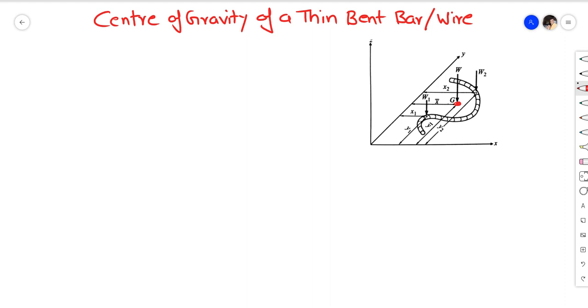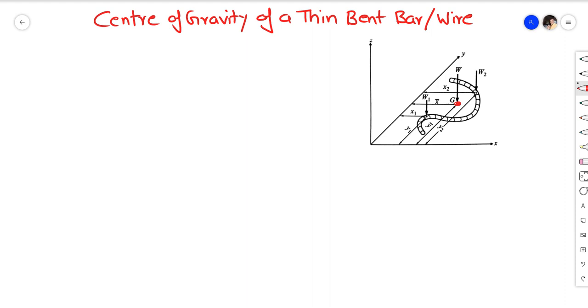this is the centroid. Okay, so there may be doubt that how can the centroid or center of gravity not lie within this body, this is within this plane. So I can give you the example of a ring. In a ring also, the center of gravity lies at the center, and as you know the ring is hollow. So in the same way, the center of gravity can be within the body or outside the body. Okay, so this is the center of gravity, which is denoted by capital G for this wire.